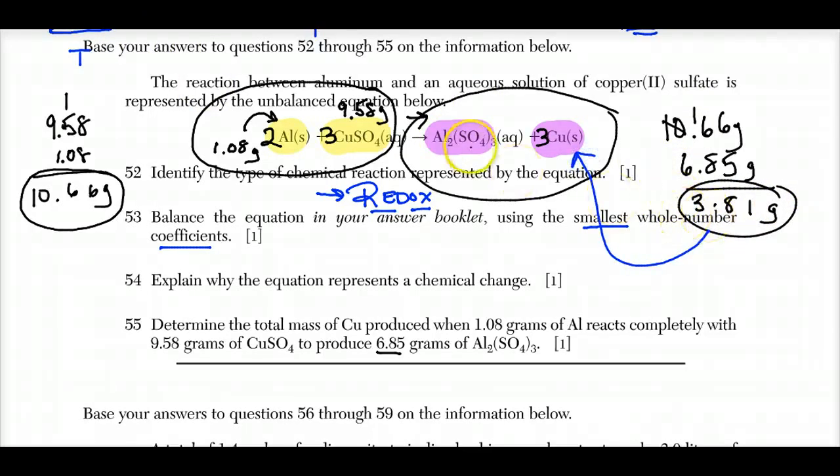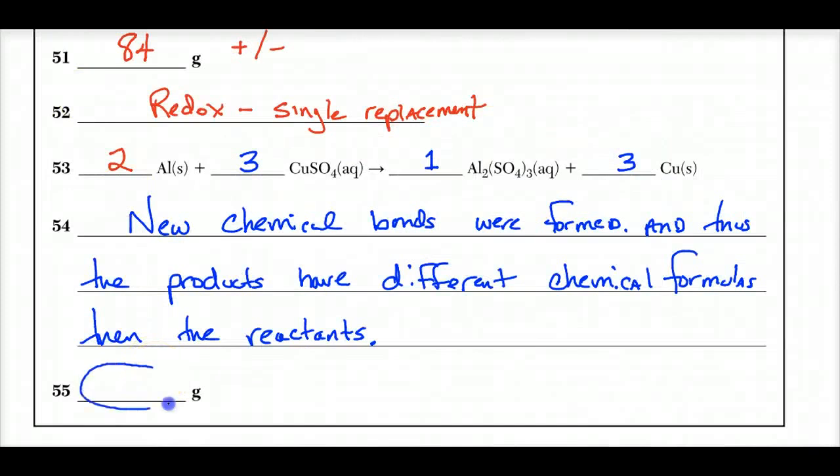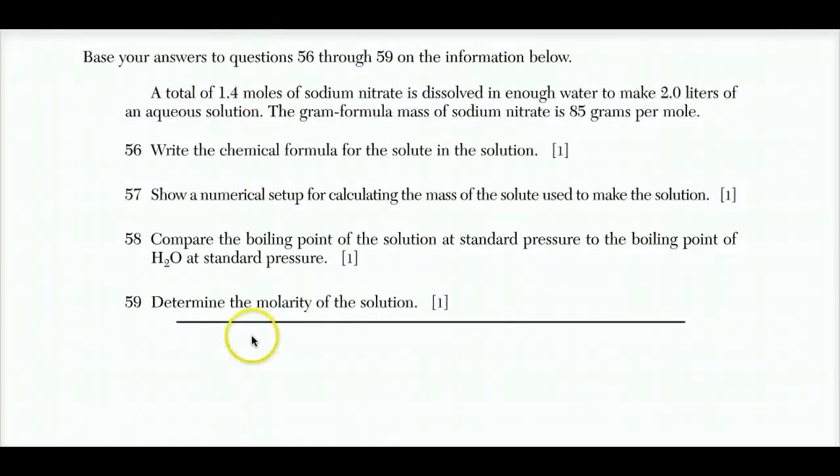So this is 3.81, this is 6.85, and all the mass on the product side has to equal all the mass on the reactant side. That's all that question was. So 3.81 is the answer. Let's go to our booklet and put that there. 3.81 grams, just law of conservation of mass. Okay, question